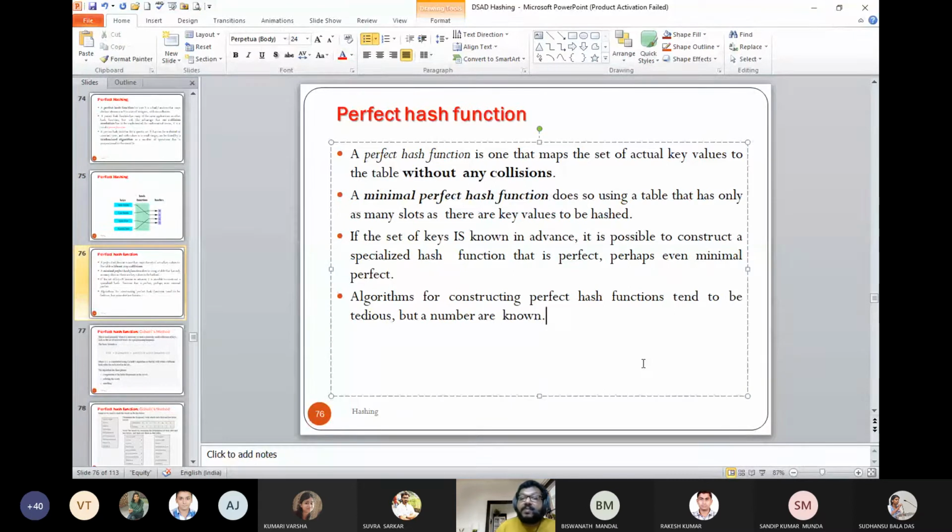Okay, the first one is a simple mapping, the second one is with reference to a hash table. If a set of keys is known in advance, that means you know. Known in advance means, if you look at your roll number when you got admitted, your roll number is not known. It is generated batch-wise and the computer generates it automatically. We know the maximum number of digits, but you do not know the exact roll number. Suppose the roll number is known, that means in a branch I have 30 students and I know my roll numbers start from 001 to 0030. Then it is possible to construct a specialized hash function that is perfect.